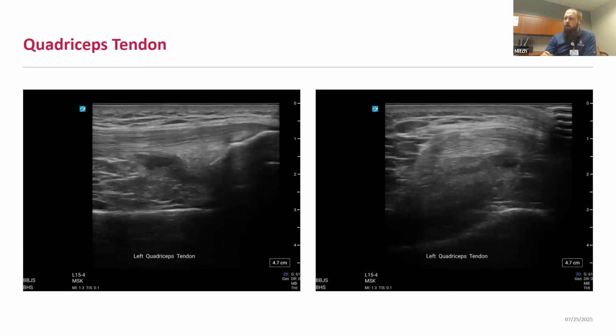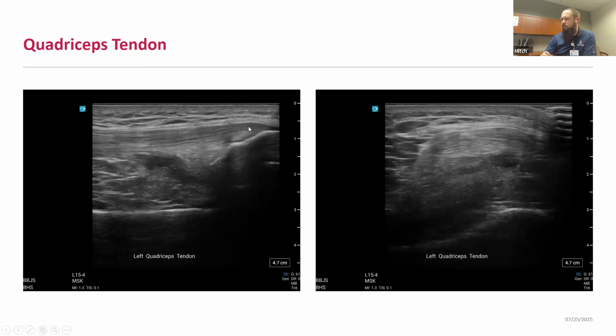Specifically, when ultrasounding the quadricep tendon, typically you want the knee in about 20 to 30 degrees of flexion, which pulls a little tension on the quadricep. If you're in full extension, you'll get more of a concave appearance of the quadricep, which can lead to anisotropic artifact and potentially missed or false diagnoses of tendinosis or tendon injury. You'll want to look at it both in long and short axis.